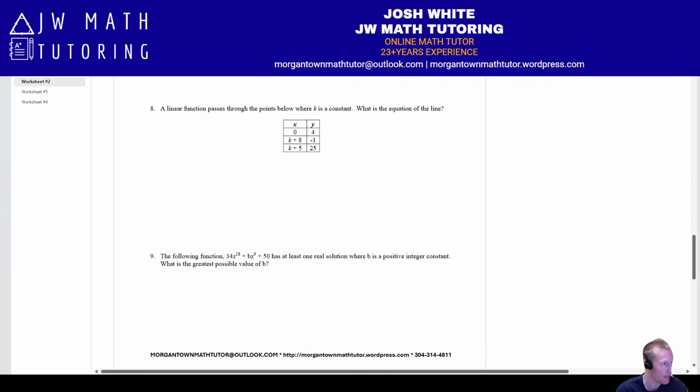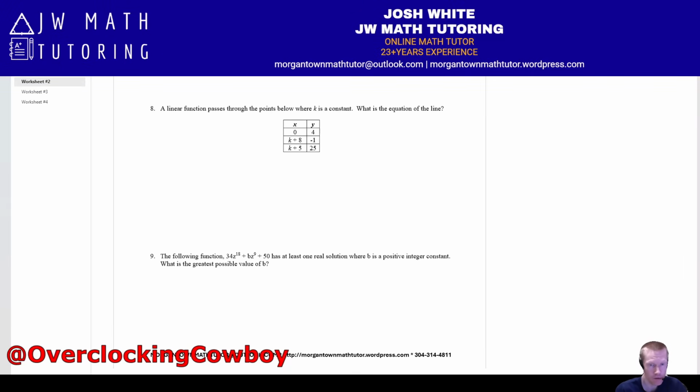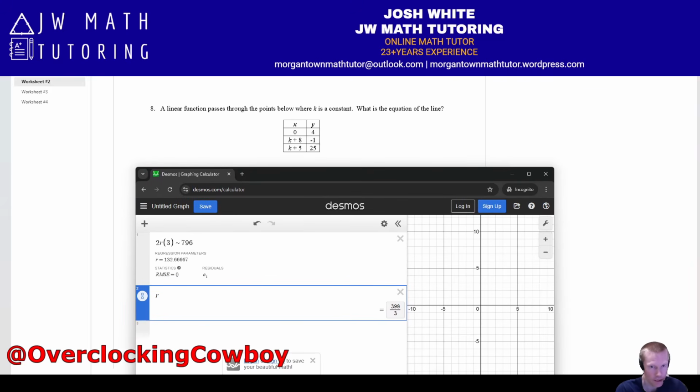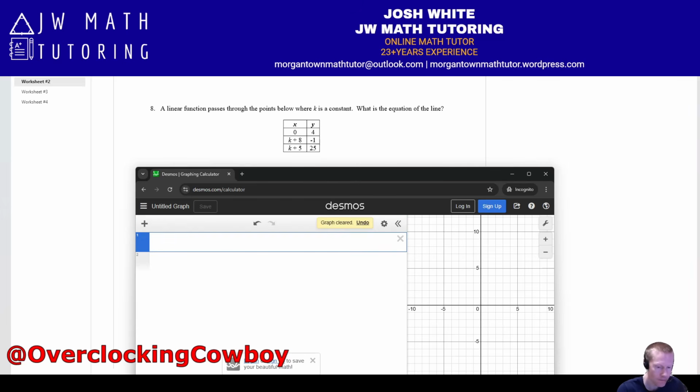Okay, next, let's look at problem number 8. Again, we're still on worksheet number 2. And this is one where you were given a set of points. Some of the points had a constant value in them, and you were asked to find the equation of the line. So if you try to do this in a table, just setting it up in a regular table, it actually does not work. However, what you can do in Desmos, and this is actually one of the things that was covered in my ultimate Desmos guide to digital SAT math, one of the advanced regression use cases, is you can